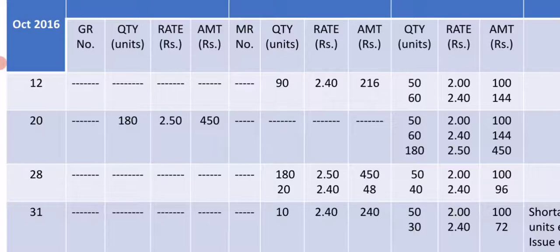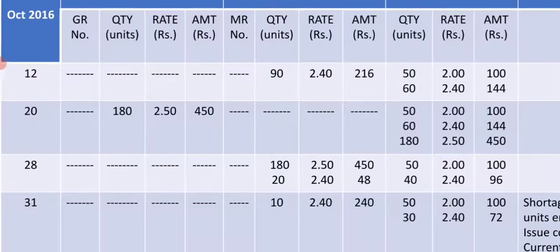So next we will write on the balance. So available balance will be 50 units at the rate of 2.00. From the 60 units we have issued 20 units. So that is 60 minus 20, 40 units at the rate of 2.40, 96 rupees. So next, the last date is